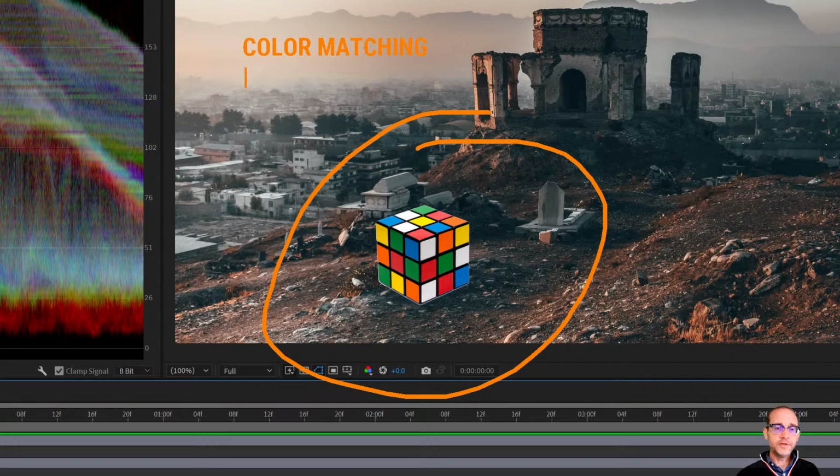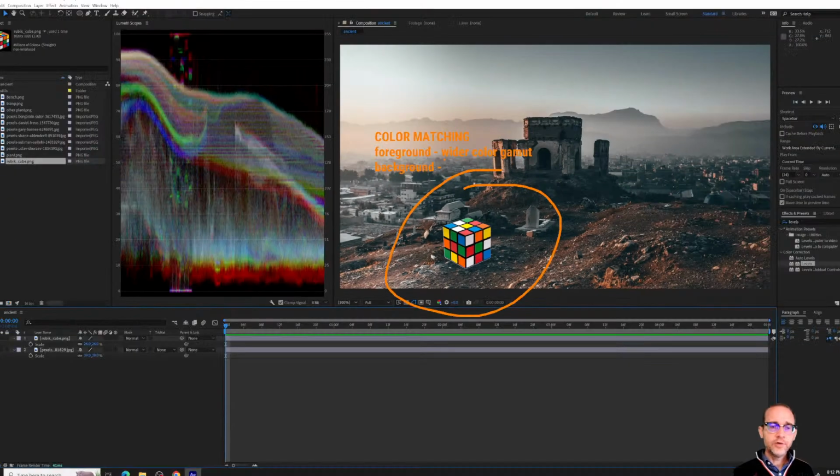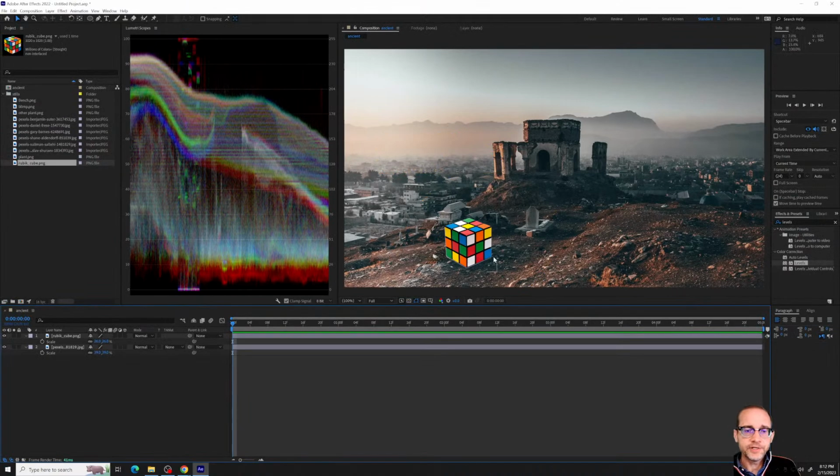And usually this means that we're taking something that's in the foreground, that is ideally a wider color gamut, and we're compositing it with the background, and we can decrease the values to sort of match what's going on there, channel by channel. And I think it's useful to do this